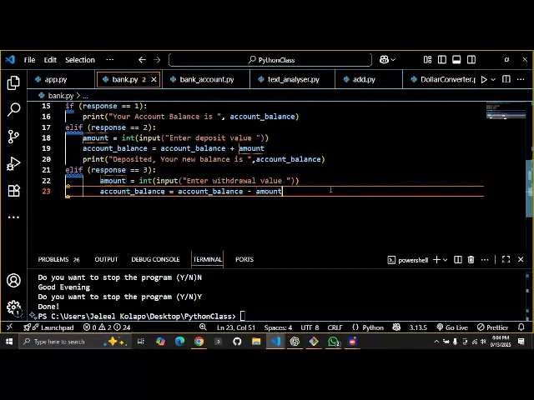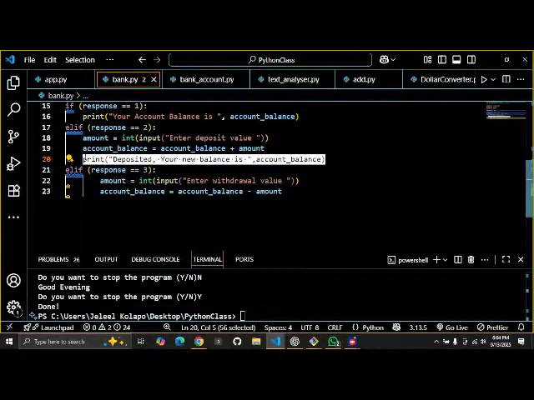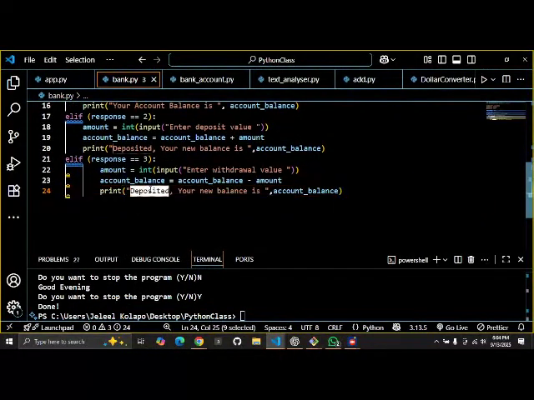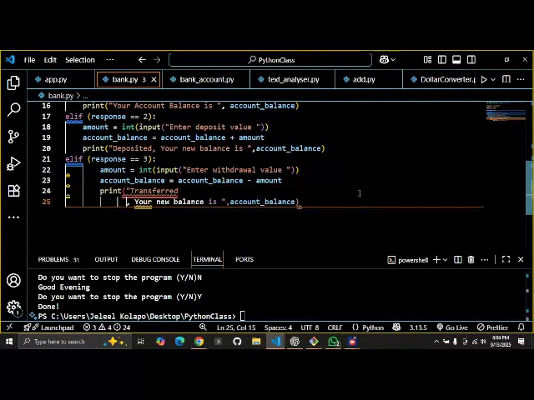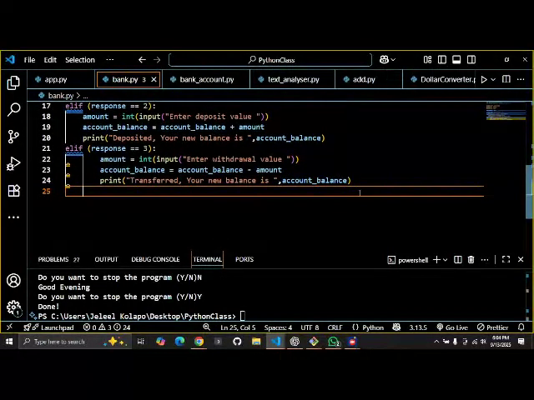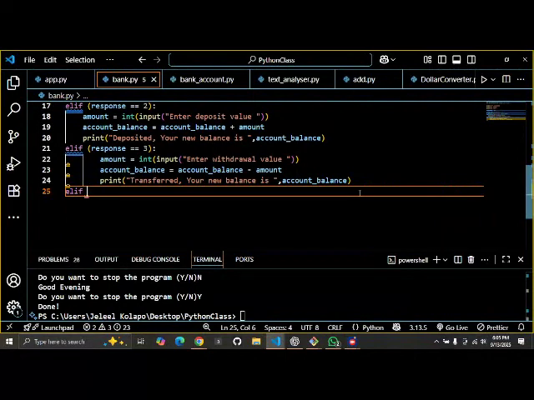You understand? Then let's print a message. Let's give feedback to the user. Transferred. Your new balance is, your account balance must have been reduced by the amount you have typed. Then if we are done with that, let us move to the next. We have 4 instructions. 1, 2, 3. We have 4. Now if the user types 4, if response equal 4,